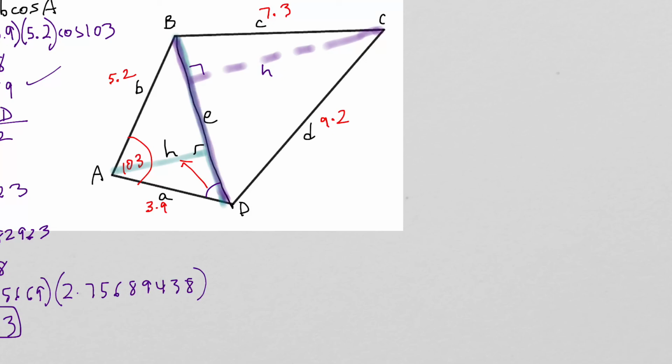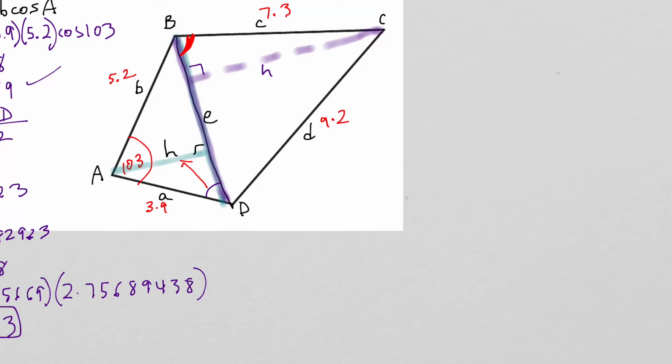I have those hypotenuse numbers there, so I could really either calculate this angle or this angle right here. So let's just say we'll calculate this angle right here. All right, so let's go ahead and find this angle right here by setting up the law of sines with this side, side, side triangle here. So I would say,